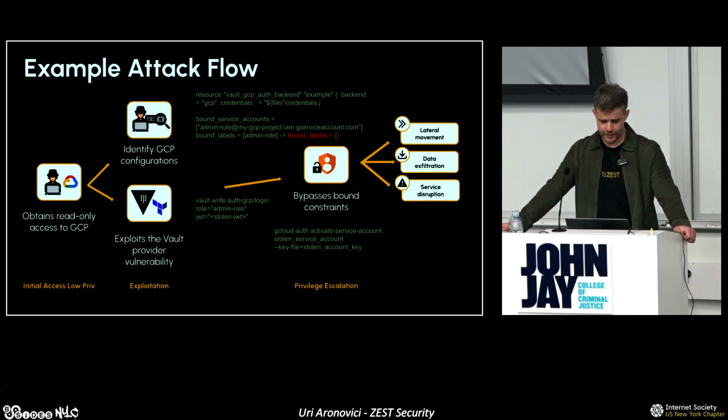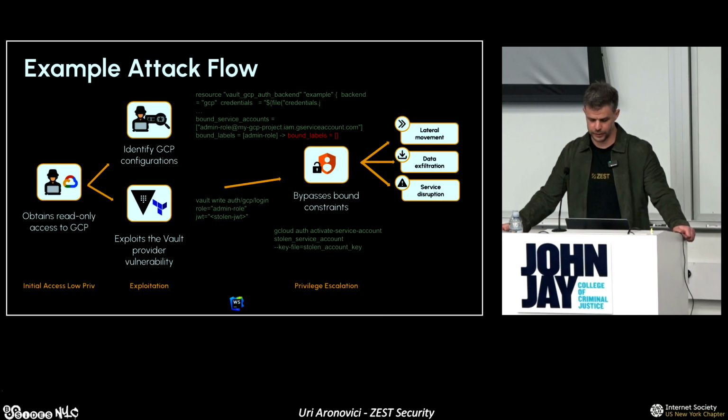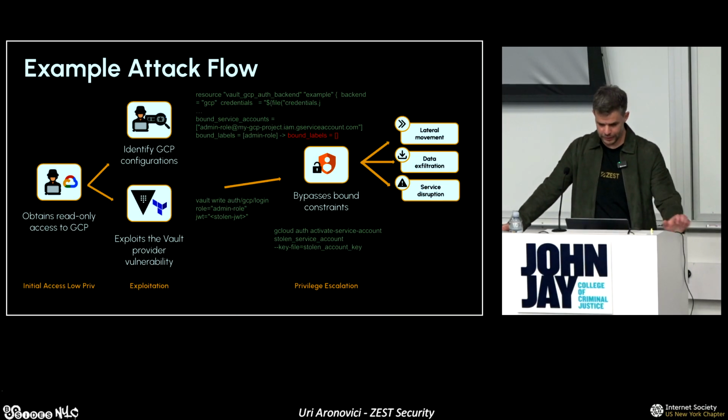So the first thing the attacker needs is to obtain read-only access. Once he did that, he needs to identify that the user or the organization uses Vault, and that they configure Vault with Terraform. As you see here at the top, the piece of code looks like best practice. They define it well. There are bound services, the bound label, and everything. It looks as expected. However, when we execute a Terraform apply, what will happen is that the communication between Terraform modules